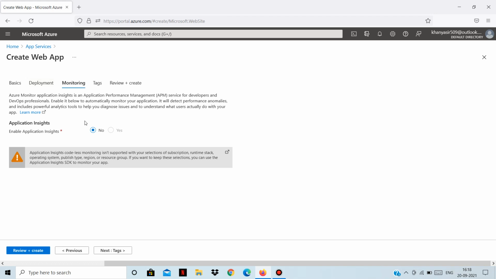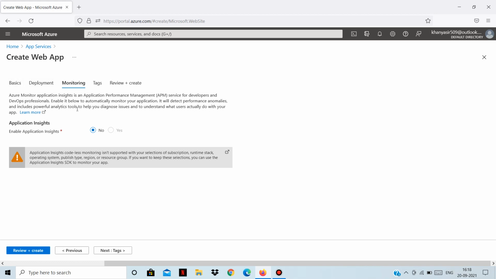pipeline. Right now, we also don't want any monitoring of our web application. Monitoring helps in application performance management for developers and professionals. It will monitor my application. It will detect performance anomalies and provide powerful analytics. It will also help you diagnose issues and understand what users actually do with your application.